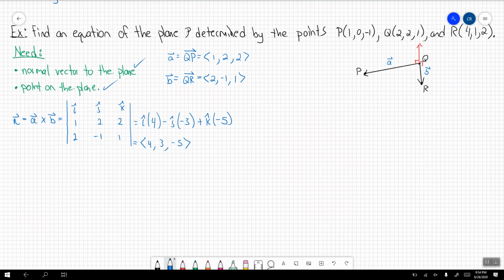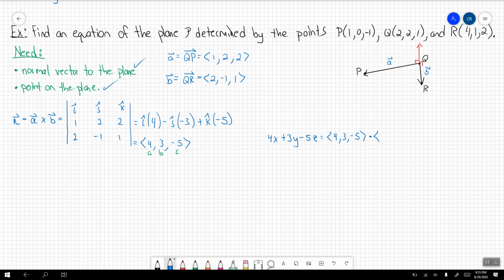So the equation of the plane here, I'm going to work on the right-hand side now. The equation of the plane is going to be ax plus by plus cz, where a, b, and c come from the normal components. My normal components here are 4, 3, and negative 5. So that's what I use: 4x plus 3y minus 5z is equal to the dot product of the normal vector,